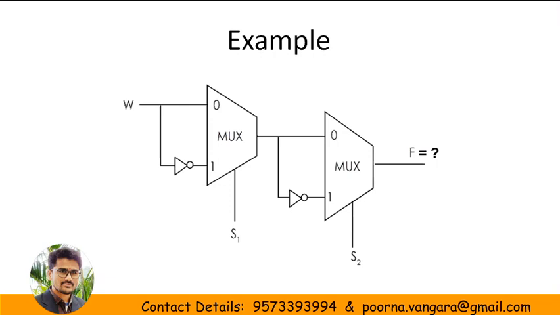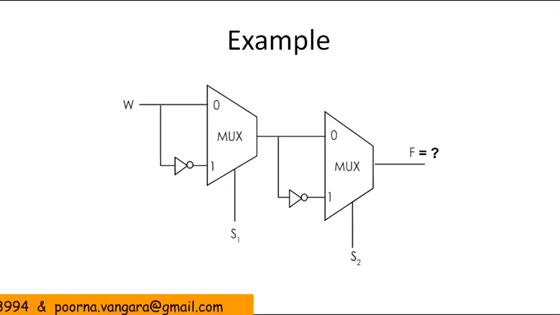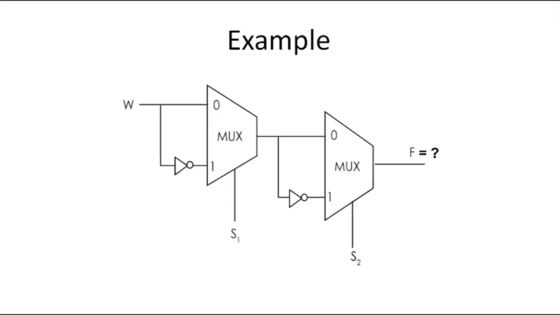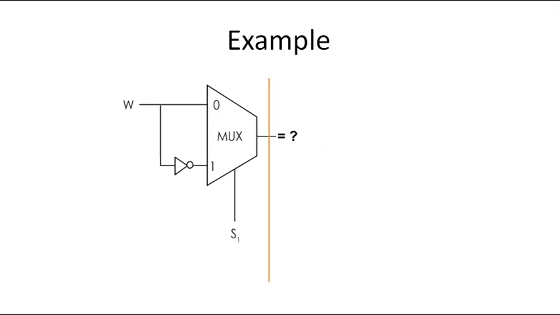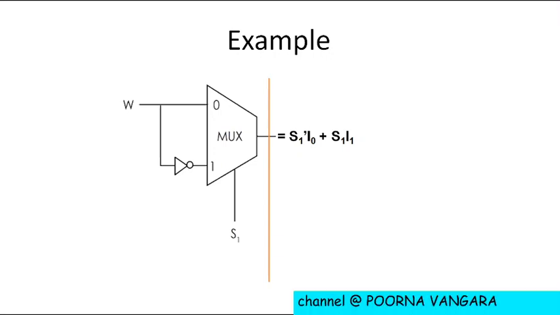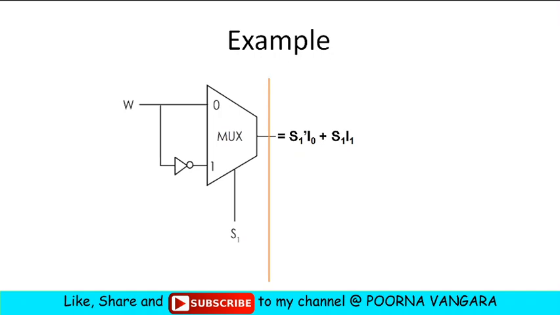Now let us consider the second example. This also has two multiplexers of a different size, because this is not 4:1, this is 2:1, but the procedure is the same. In order to find out the final output f, first we need to find out the first multiplexer output. So let us divide into two parts. Now we need to find out the output of this particular multiplexer. Again we need to use the basic expression of the multiplexer. Again I am repeating, if you don't understand how we got this expression, please watch the previous video.